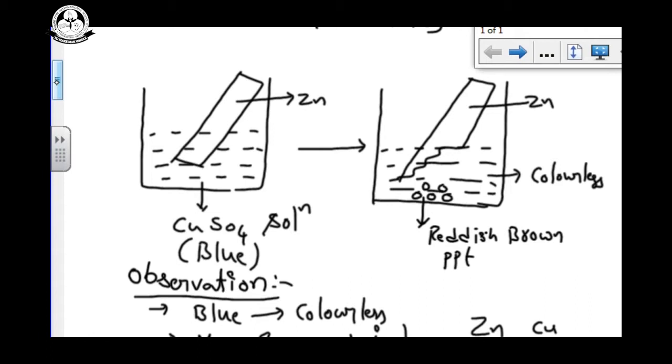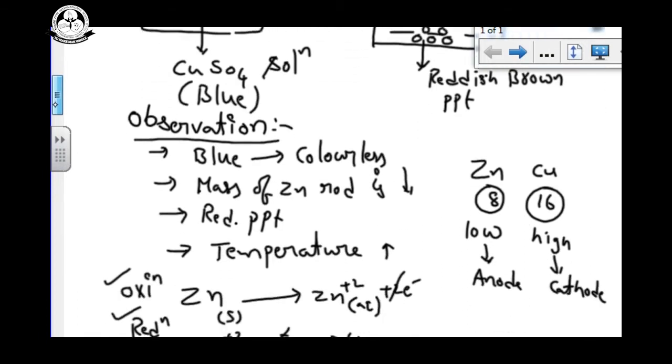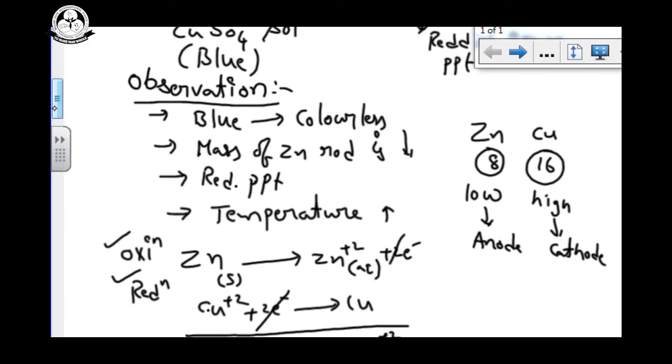What happened? Think: no reaction. Why? Because copper cannot displace zinc. Zinc can displace copper. Why? Because zinc is more reactive. Zinc has low SRP, and low SRP means highly reactive. We already saw this in the last class, and in question 13.1 also. When you add metals, they are arranged in increasing order of their displacement capacity. So zinc displaces copper.